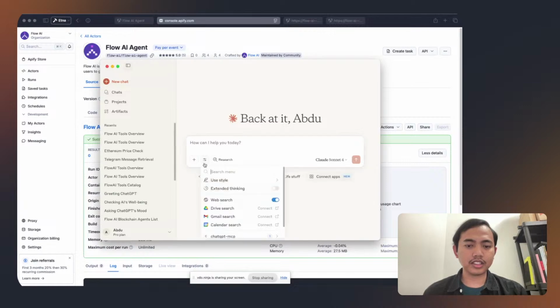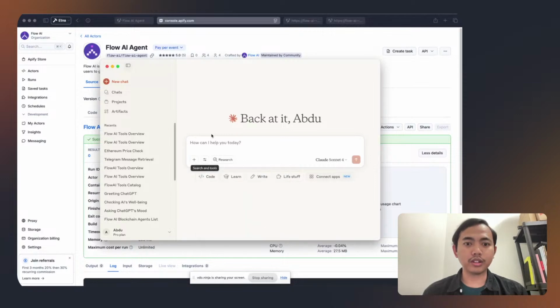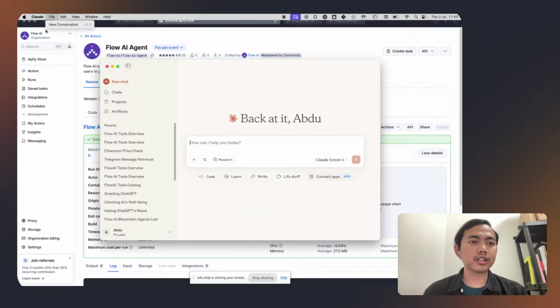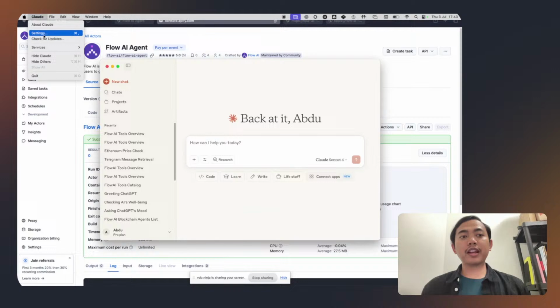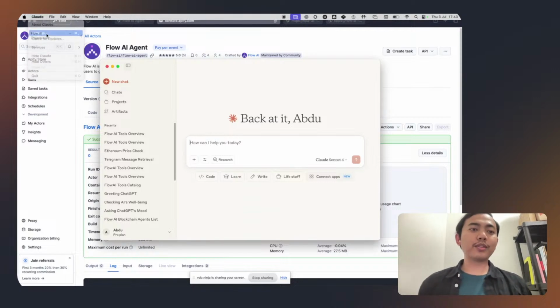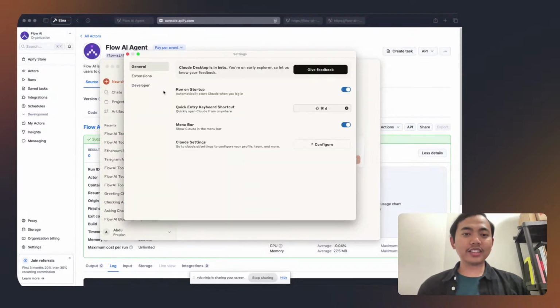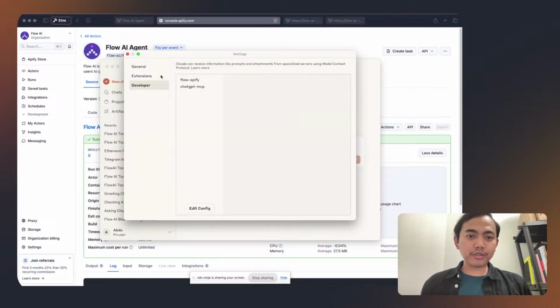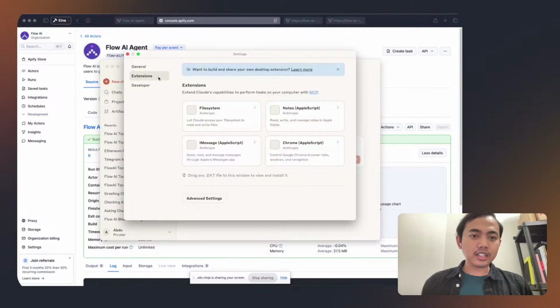Okay, I see ChatGPT MCP. Why is mine not working? I don't know. Let me see one more time. Yeah, apparently... I'm not very lucky today. So the Flow AI MCP is very shy. What I will do is wait for a couple of minutes before I maybe go to the rest of the slides.